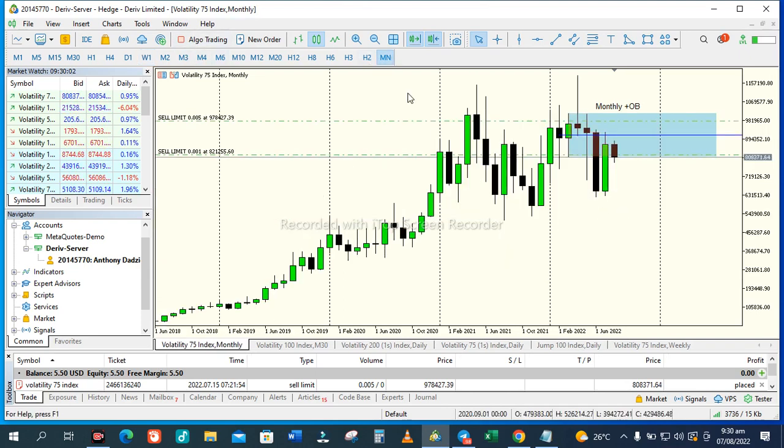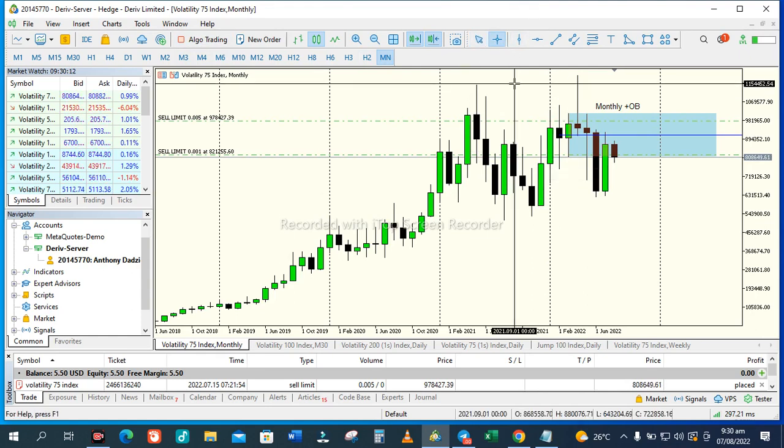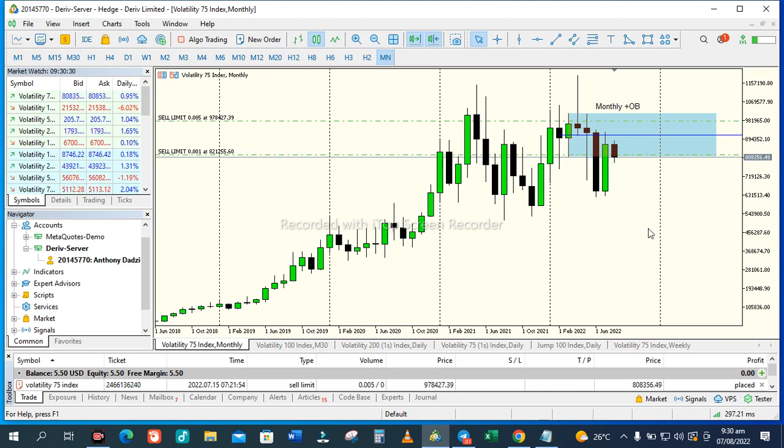Because when you look at the monthly time frame, price got to this point, reversed, came down, went up some few pips above this, some 45, 46 pips above it. So this is another high,